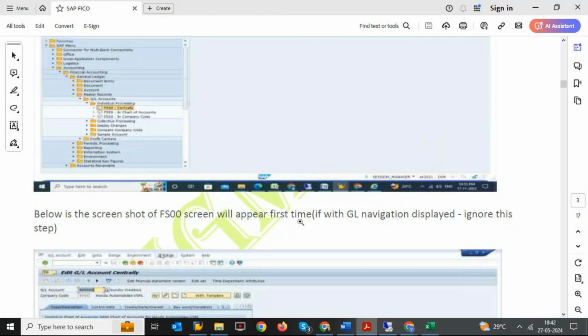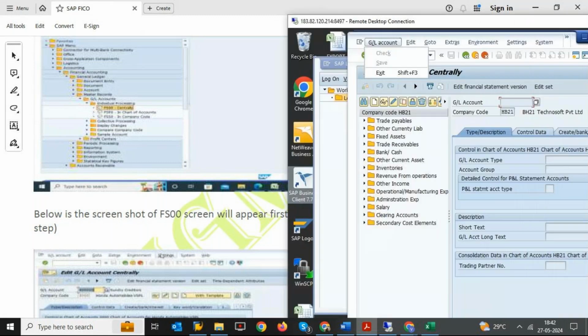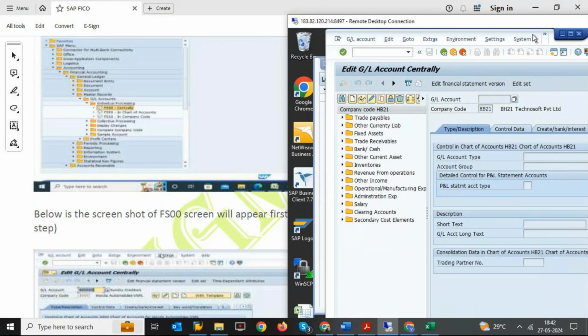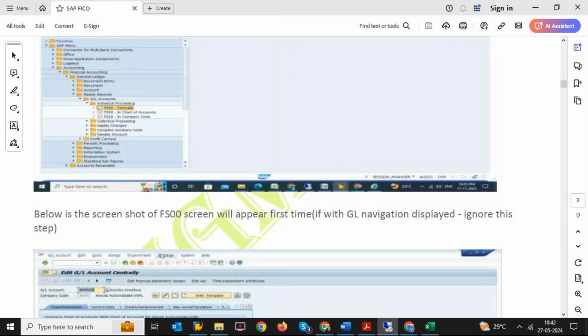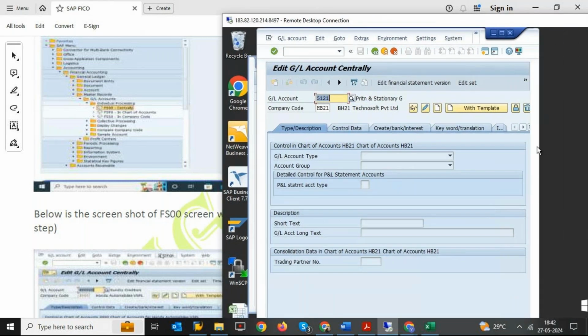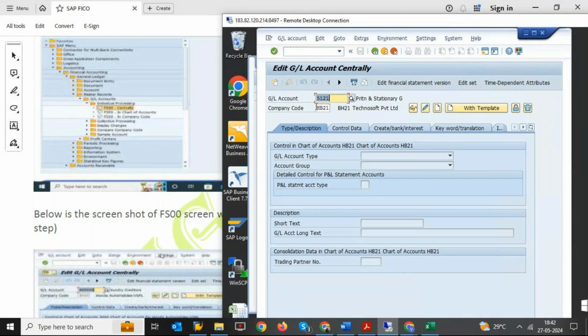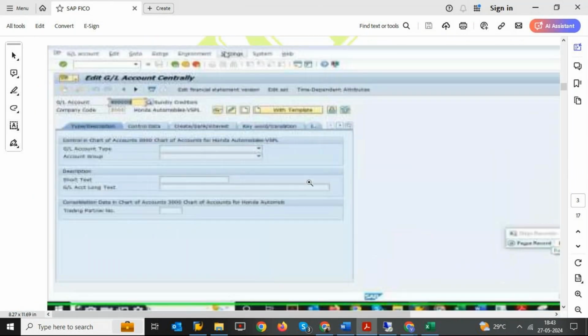When you are doing it for the first time in your system, for your company code, the screen will appear like this. I'll show you that. We can do the activity here also, but if the screen looks different, that means you get a navigation tree on the left side, it's easy to understand which GLs you created and under what group you are creating. That's the reason, if your screen appears like what I'm showing on the right side, the same screen here, if it appears like this,